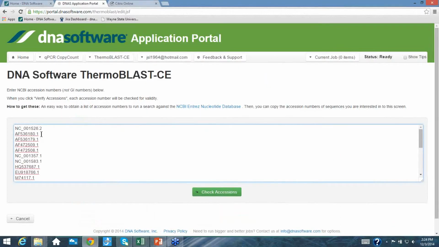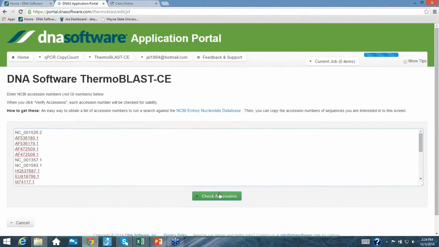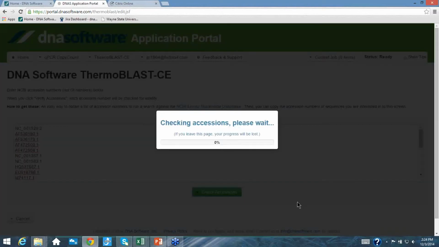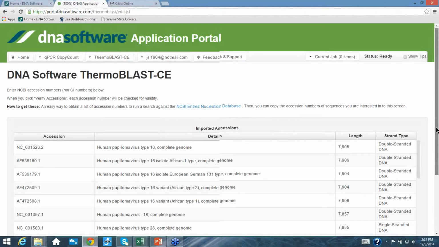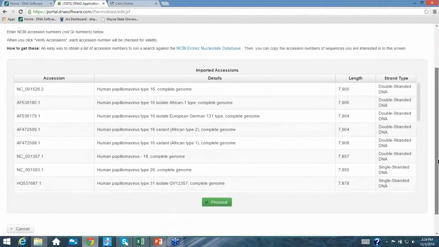And you can paste in a lot. We've pasted in up to 100,000 accessions and got it to take it. And you just hit Check Accessions. What that's doing right now in real time is it's going to NCBI and checking if those are valid accessions. If you made a typo or something, it would tell you there was something wrong. And there's a couple buttons that you have to click through to